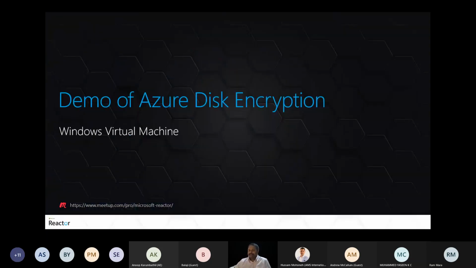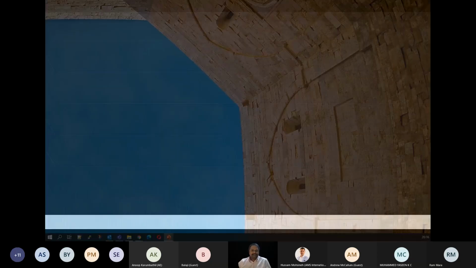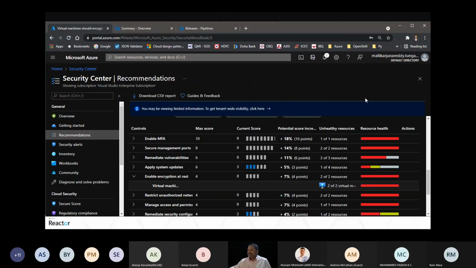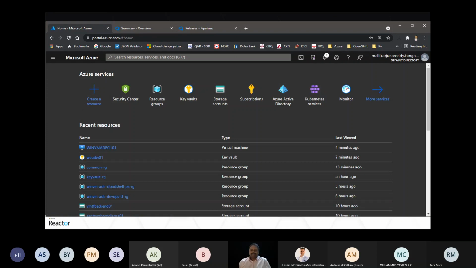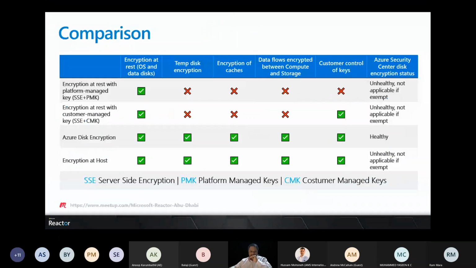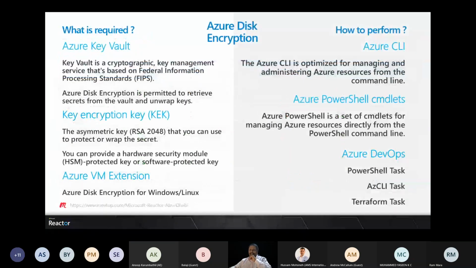Okay, let's start with the demo. The demo will target, first, using the PowerShell Cloud Shell, and then we'll go on with Azure DevOps.